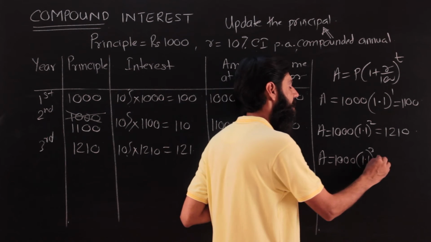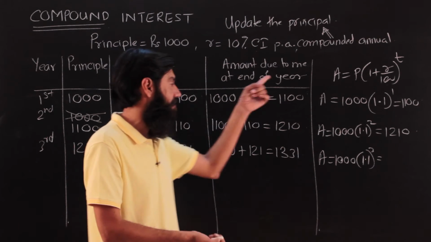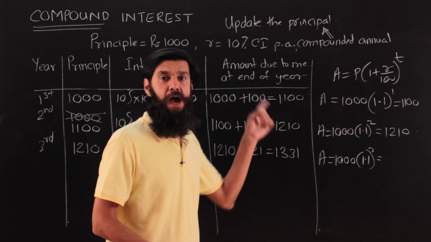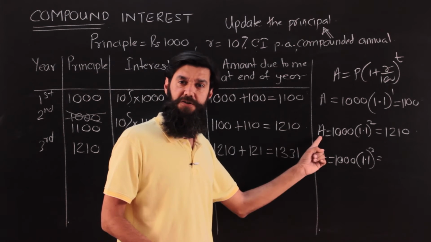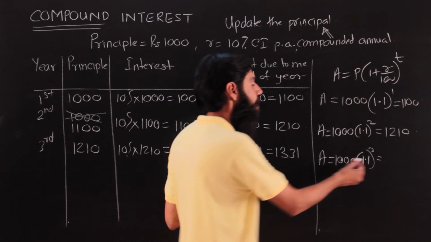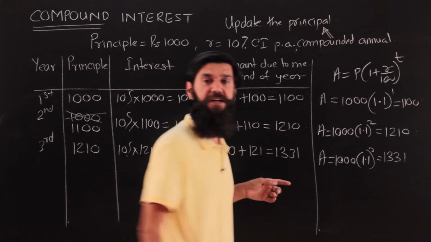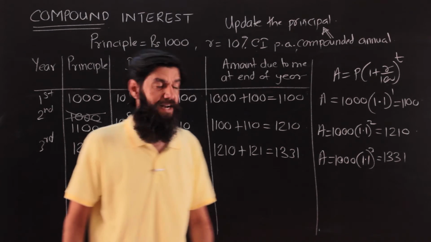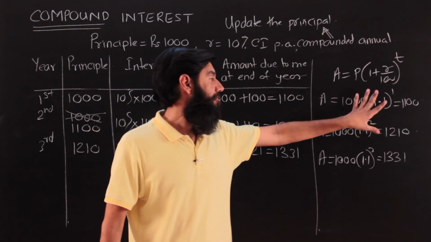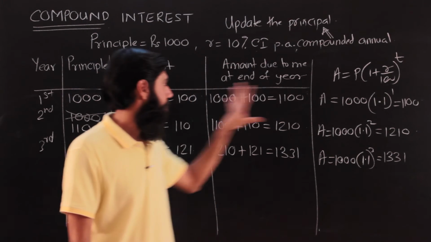So 11 cube is nothing but, at least use this example, because these values are going to be seen over and over again. 1000, 1100, 1210, 1331, right? So 11 cube is nothing but 1331. That is 1.331 into 1000, 1331, right? So the formula works, right? But we need an alternate to the formula. So we are going to learn